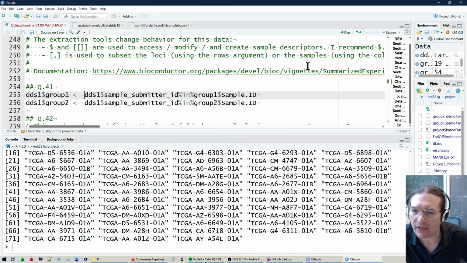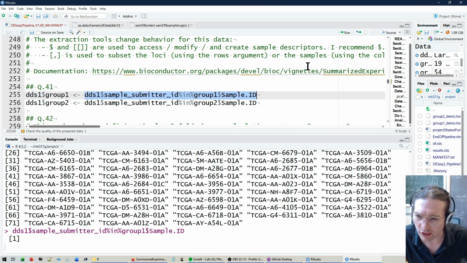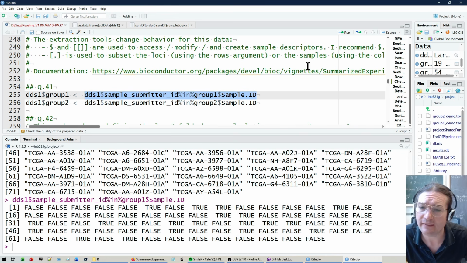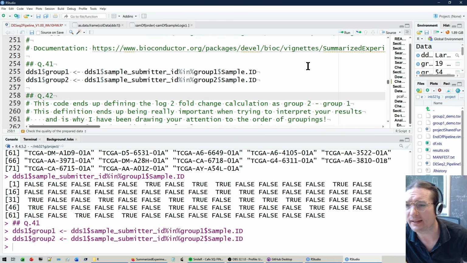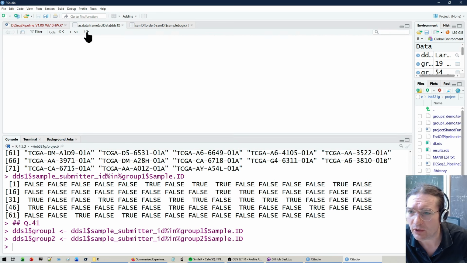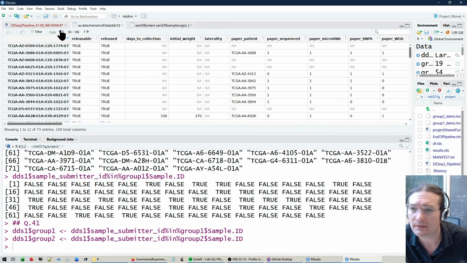But here I am simply adding in some new clinical values. As I said in that previous section, you can extract the clinical descriptors using the $ sign. And that allows me to generate some comparisons, like are these samples in group 1 or in group 2? I can then store them in new descriptors that get added to the end of my DDS1's clinical data. So now, if I go over to here, and I go to the very end of the object,